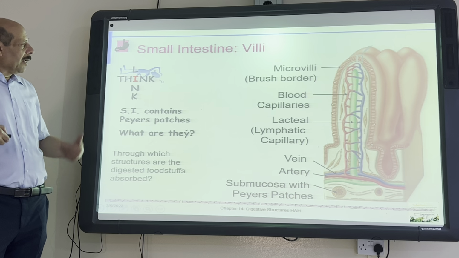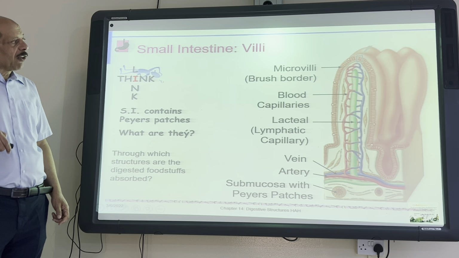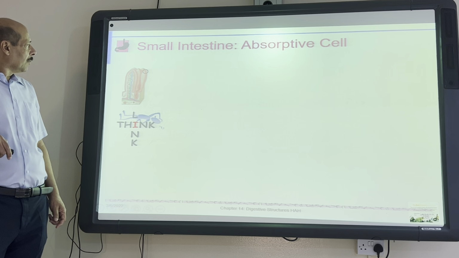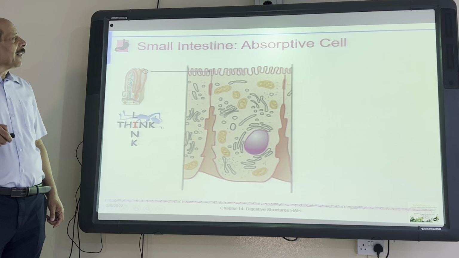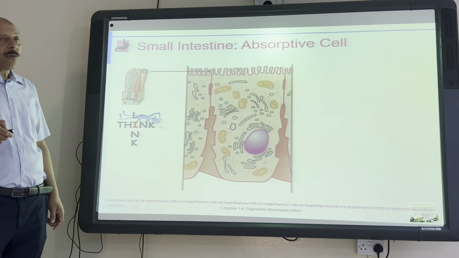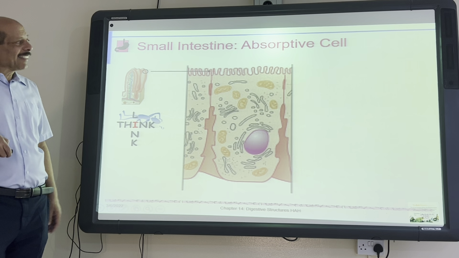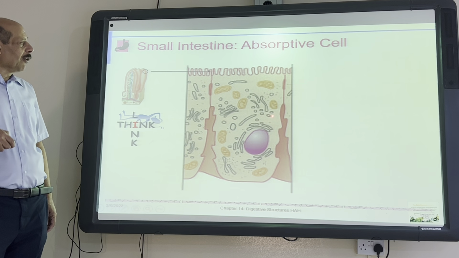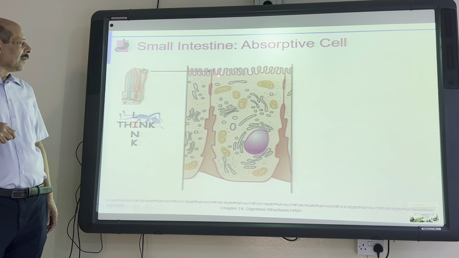So it will be absorbed through those microvilli. The small intestine, from its function, has absorptive cells. So it will lead to absorption. Those are the microvilli here. And this is the ampulla,